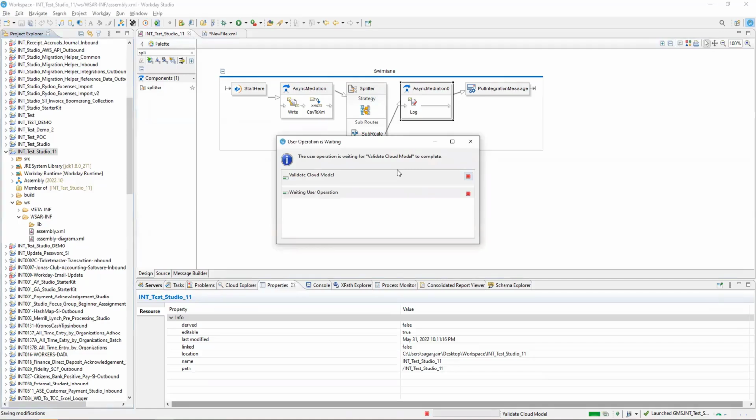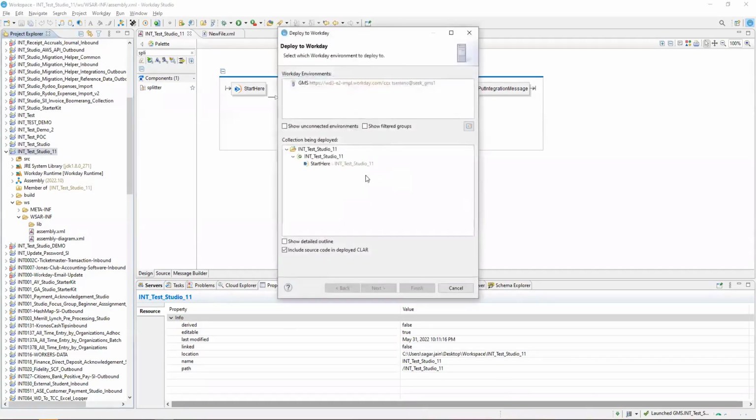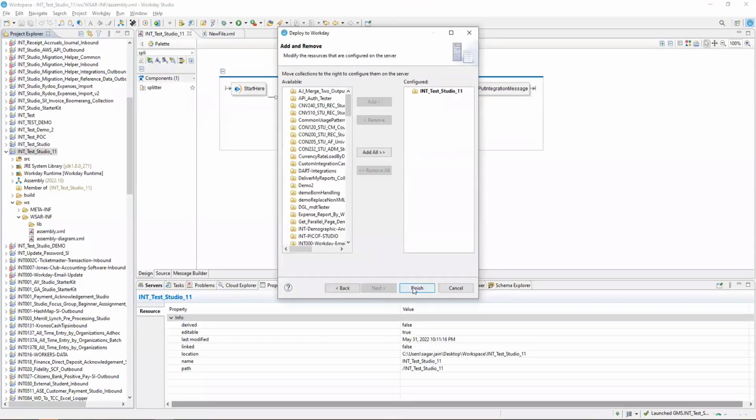And let's deploy. Now let's also see the concept of debug, right? There is a thing called debug, and that is also very useful stuff. So let me show you first. Let's deploy.